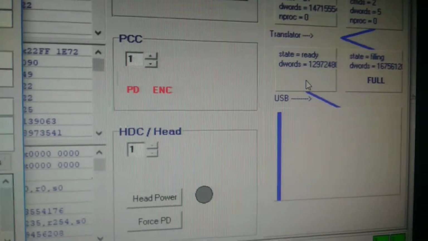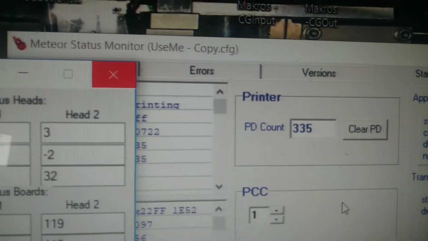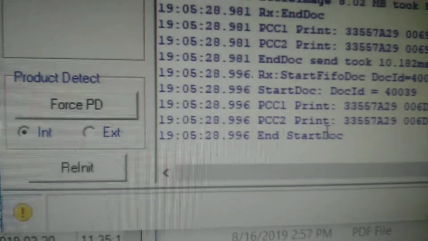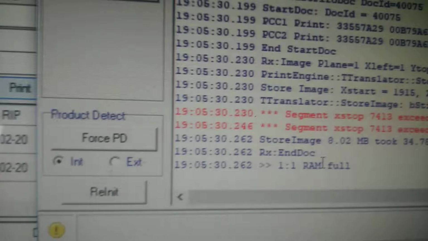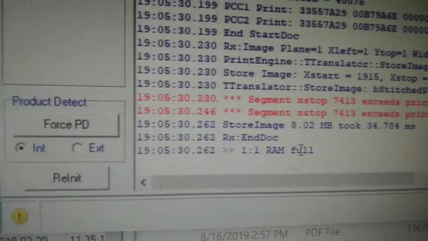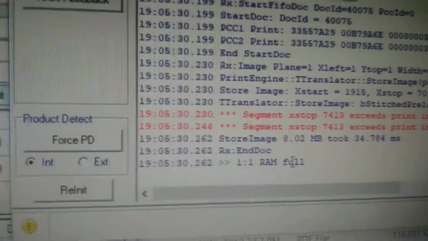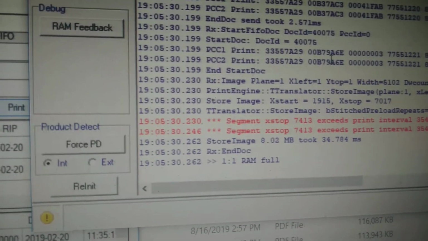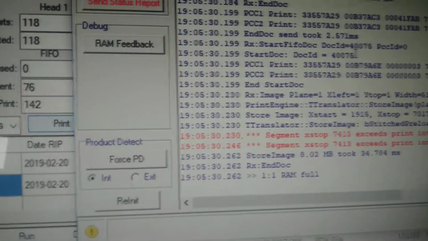Going up and down. Okay, and you can see product detects here, and if I return to the debug screen, we can follow up that at this moment you see RAM full, but then we are freeing some RAM, again RAM full, then we are waiting for freeing for 4-5 files and continuing pushing the files up. At this moment we are on the